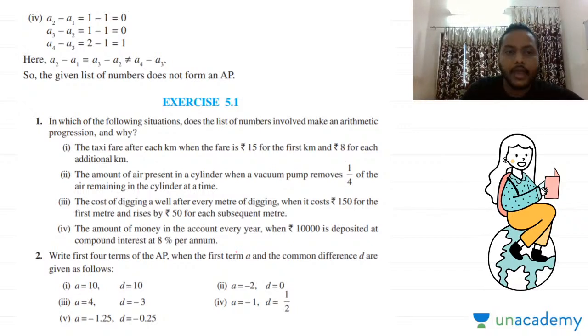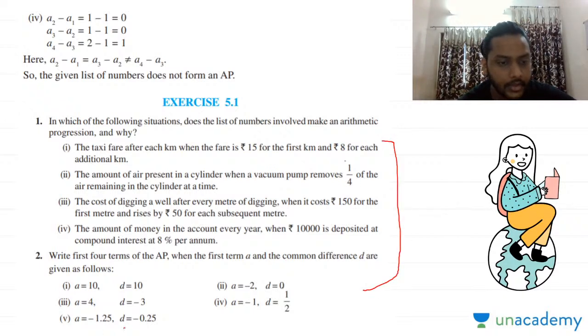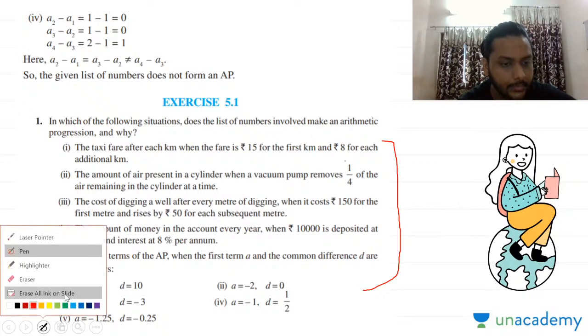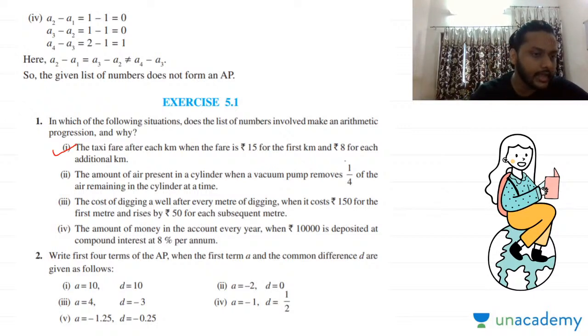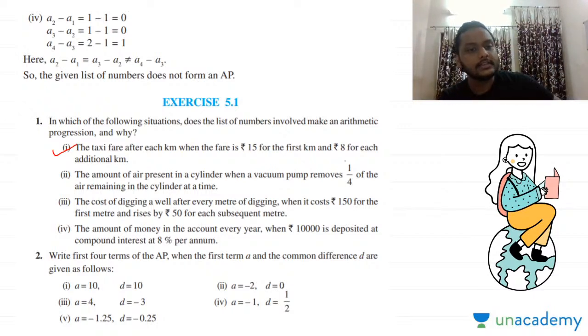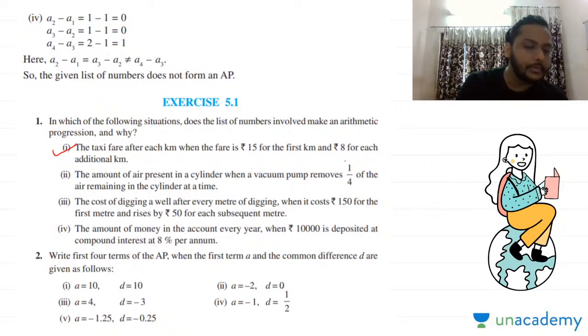Okay, guys. So now we have these situations out there, and now we are going to talk about whether these situations are forming your AP or not. Does this form an AP or not? First, let's talk about the first one. The first one that I have is the taxi fare after each kilometer, when the fare is ₹15 for the first kilometer and ₹8 for each additional kilometer. Tell me, guys, first tell me whether this is an AP or not,